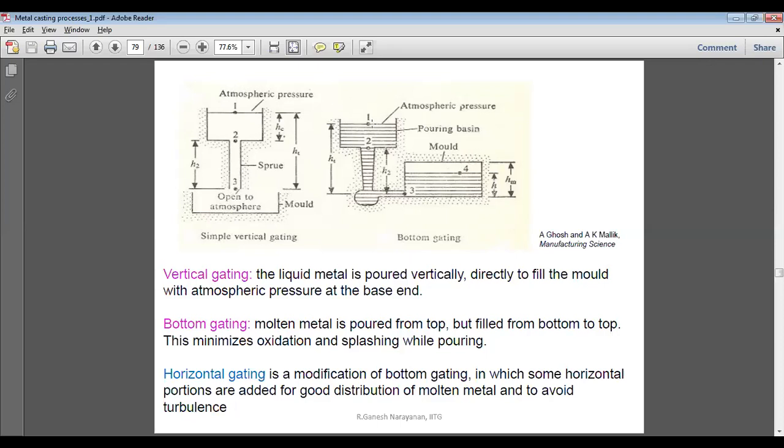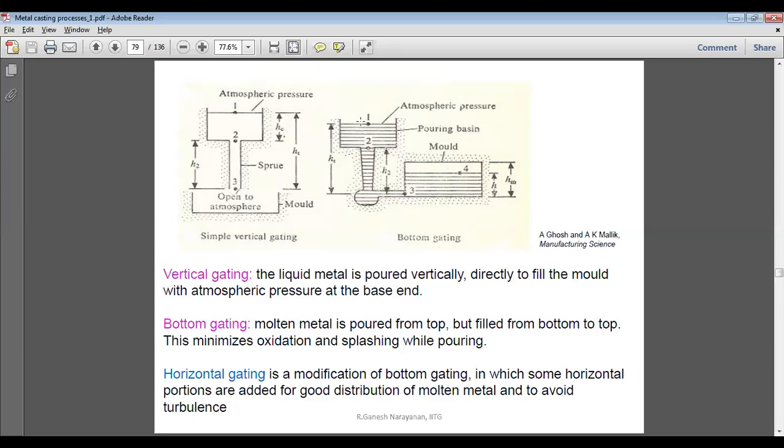So the first point is the atmospheric point, the second point is the midpoint of the molten metal. Similarly, the third point is the entry point or ingate. It is called the ingate because it is where the molten metal from the runner enters the mold. And then we have the mold, in which we have the cavity or space. So the fourth point is a point of pressure. These one, two, three, four are different pressure points.